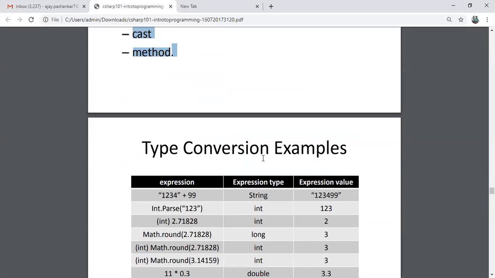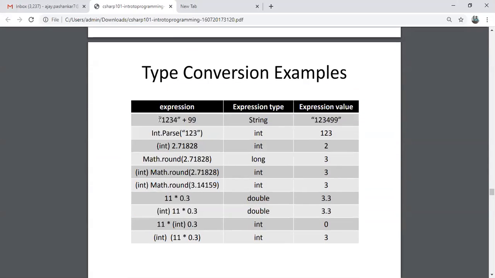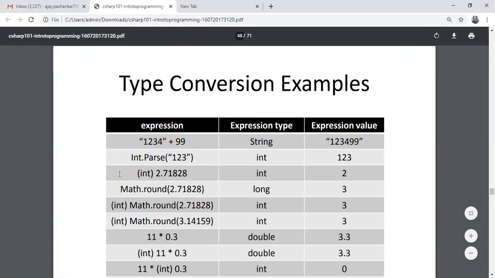Now a type conversion example you can see. Here I have an expression, "1234". What is the type? What is the data type of 1234? Just type in the chat box. Is it visible though? Wait, let me increase this font. What is the type of this 1234?